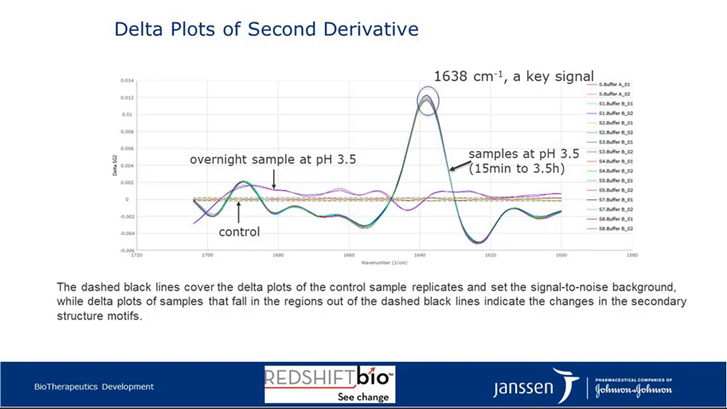The control is bracketed by the dashed lines showing the variability of the control, showing that it is a good, stable sample. And then what we see in this data is a significant difference between the samples from 15 minutes to 3.5 hours, as well as the overnight sample. But we particularly want to examine the time data. And what you see here is an indication at 1638 inverse centimeters, this key signal for a beta sheet structure. You do see some changes that take place over time with this. This data is deconvoluted,